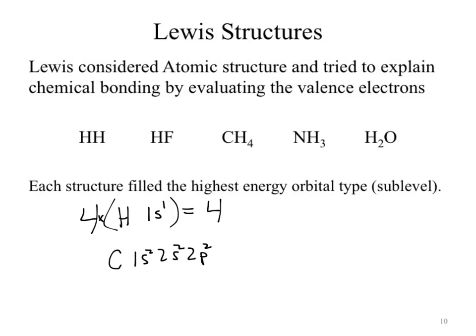Why just 4? Only concerned about the valence electrons. Okay, so we can ignore any of our core electrons. So how many electrons does carbon bring in? 4 electrons. When we go through to build the structure for CH4, we're going to arrange these atoms in a very particular fashion, which we'll talk about here in a second.